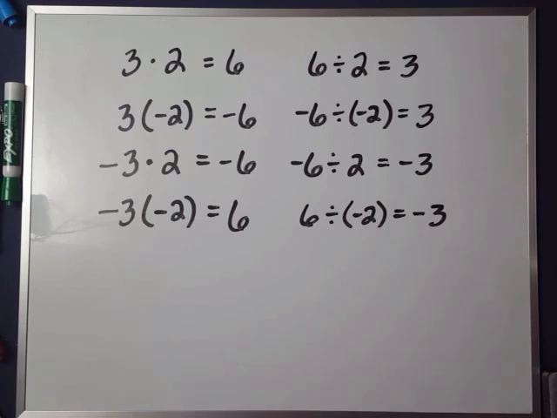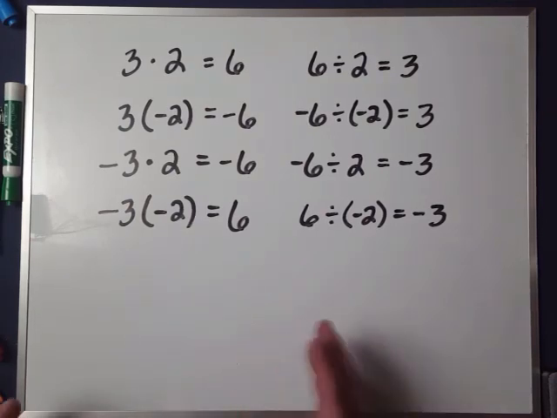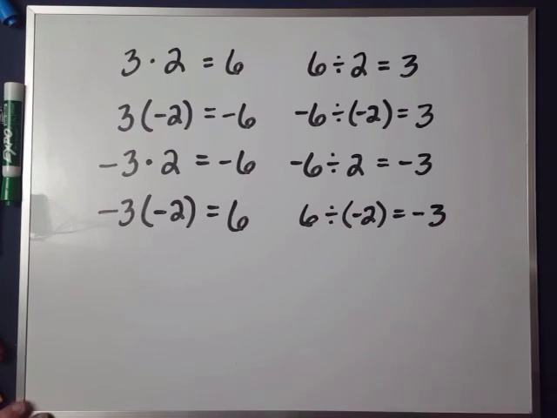And your book gives this to us on page 69 in the blue box, just above the center of the page, saying that the quotient of two numbers with the same sign is positive. The quotient of two numbers with different signs is negative. On the previous page, because I approached the topic a little differently than your book did, we do have a definition of